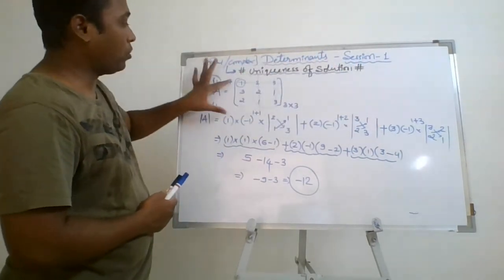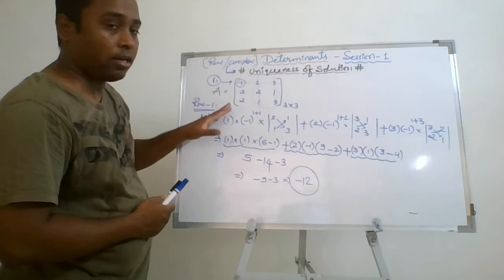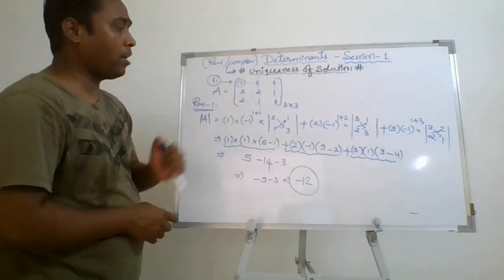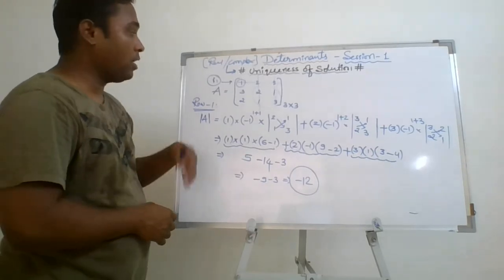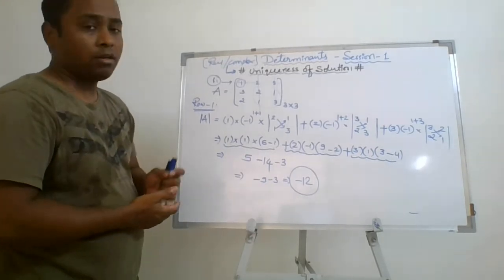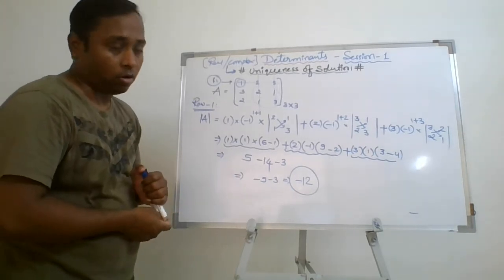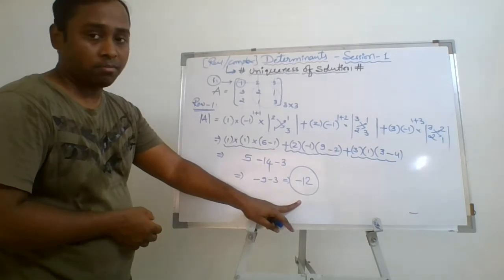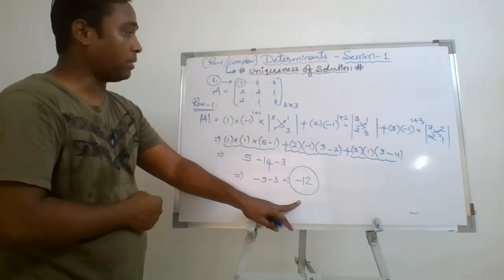And similarly, when you use a column, the column also has 3 elements and 3 products will be coming. So this is a way. I am taking one more question to find the determinant. Otherwise, you may also check the same with the help of another row and another column. You may check, the answer would be the same. So there we have six options to calculate the determinant.